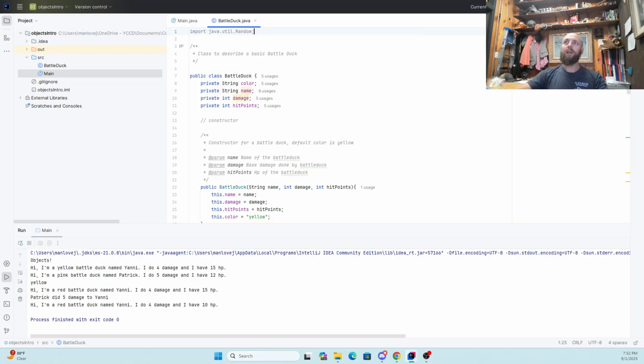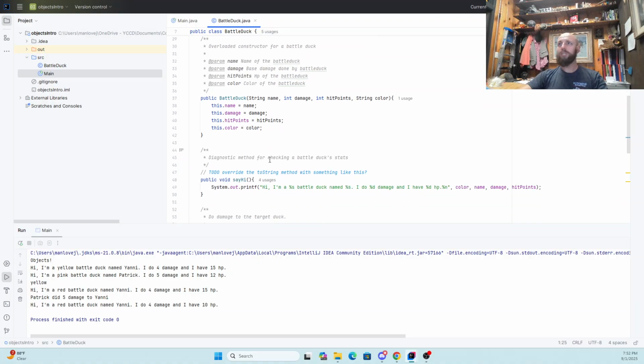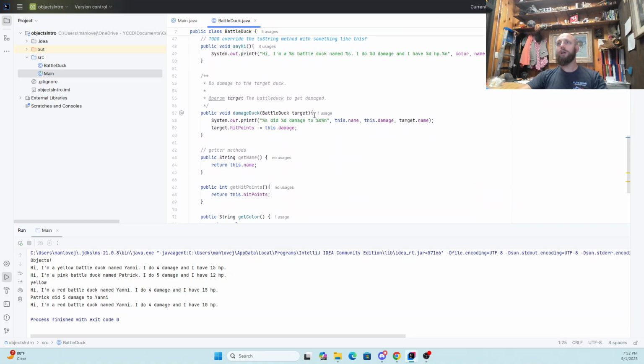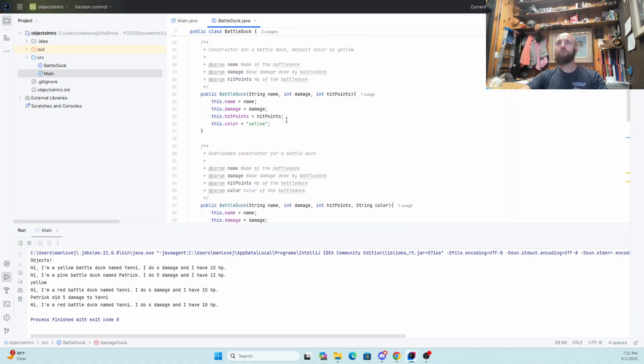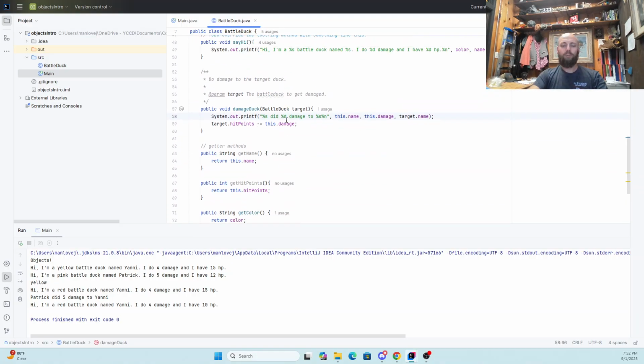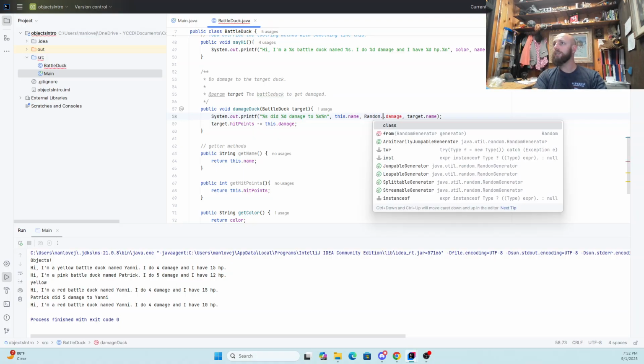That's getting the Random class from the utils library. And then we're going to go down here and say, okay, so instead of doing this.damage, I'm going to do, whoops, I need a random. Should be able to just do this, right? Random dot,